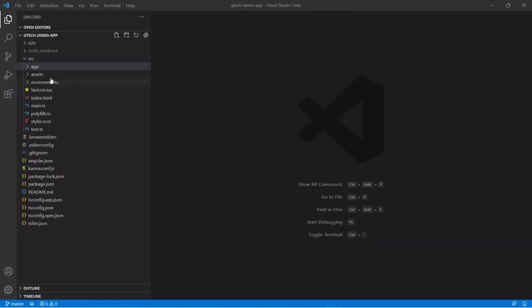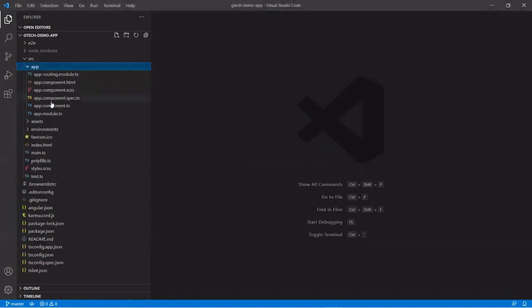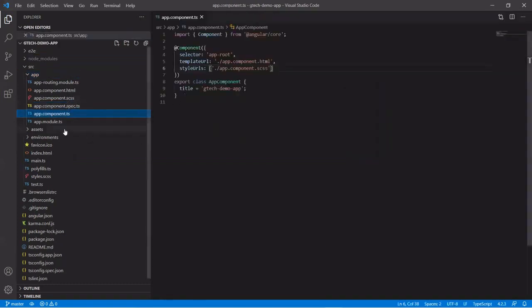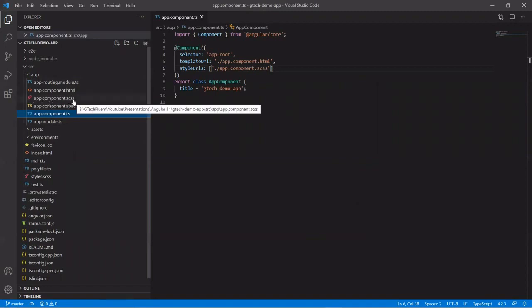If you expand this app folder, we have the app.component.ts file. This is the component which is created by default by the Angular application. This component has its own HTML page and SCSS page, for the view and styling purposes: app.component.html and app.component.scss.